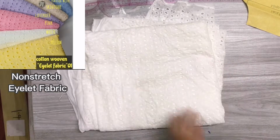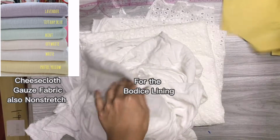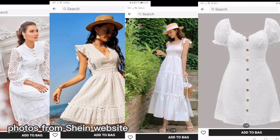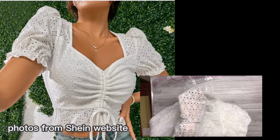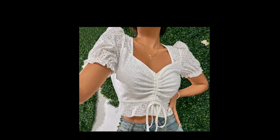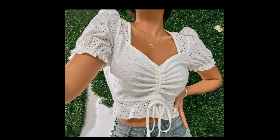So, nag-order ako sa Shopee nitong eyelet and gauze fabric last 2 months with an intent of making it in a dress. Pero up until now, hindi pa rin ako makapag-decide guys kung ano ba talagang design ng dress ang gusto kong gawin. But after seeing this top, kung napansin nyo guys, may similarity yung fabric na gamit sa top nito sa fabric ko, diba? So I decided, gagawin or gagayahin ko na lang muna itong top na to. Marami naman akong na-order na fabric. I'll just work with what's left with it na lang sa susunod pag nakahanap na ako ng design ng dress